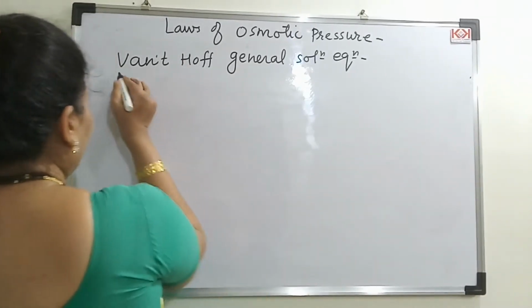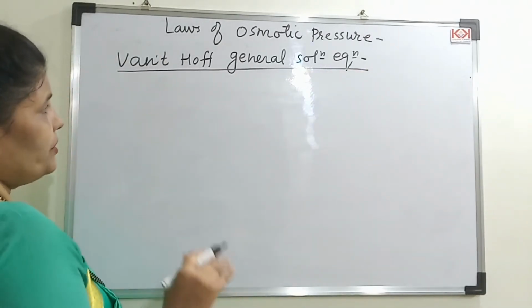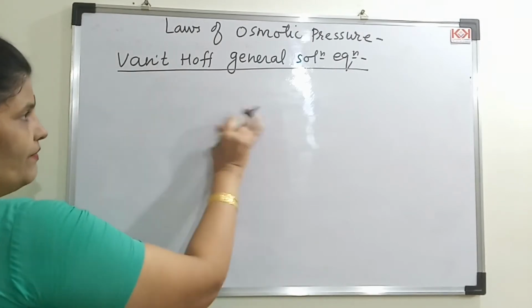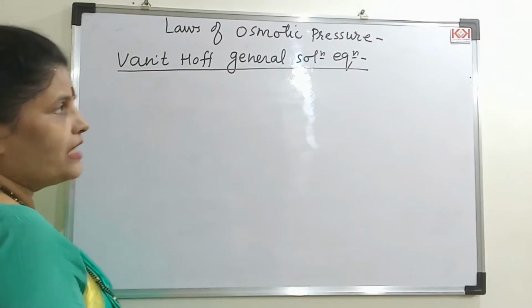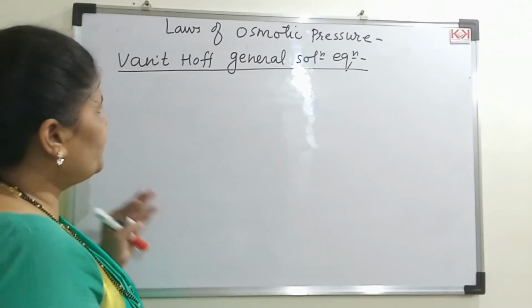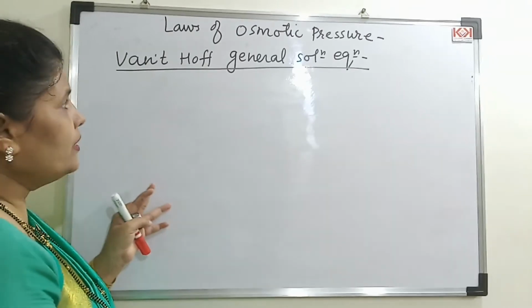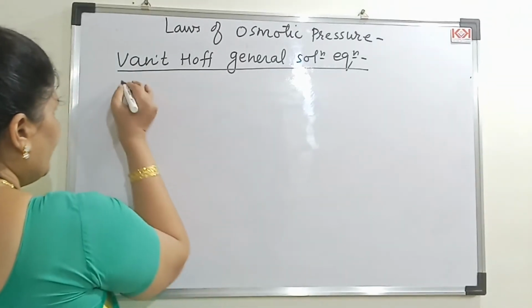So this is the Van 't Hoff general solution equation. Students, if the question is asked for 2 marks, then you can directly start from here, giving only the equations for the 2 laws. If the question is asked for 3 marks, then you have to start with Van 't Hoff-Boyle's law. You have to give the statement, then the derivation. Similarly for Charles' law, and then you have to come to this. So here I will write